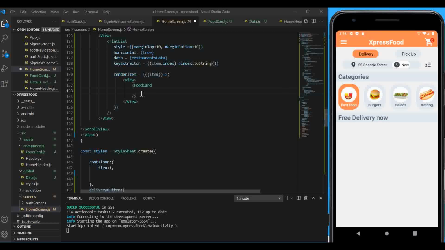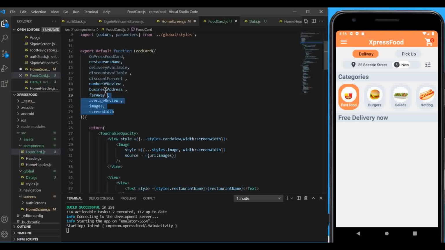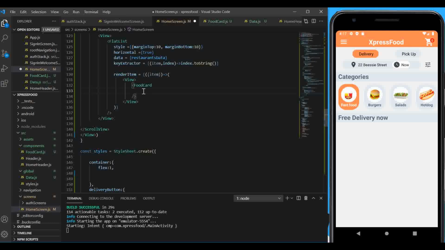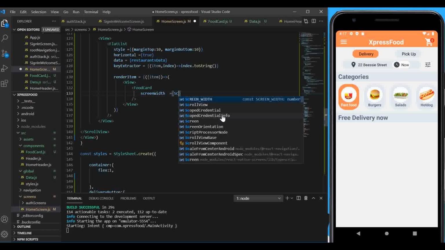So we need to pass the data that you have created, or the props that you have created for our food delivery card. We can see that we did create all these props. So now it's time for us to pass dynamic data to them from the home screen. So the first prop that we're gonna pass is I can say the screen width, and the screen width, I will say this will be equal to screen width